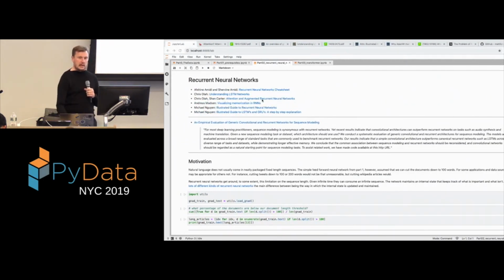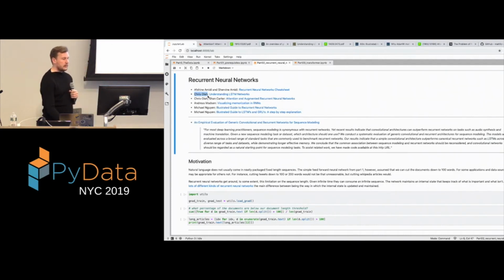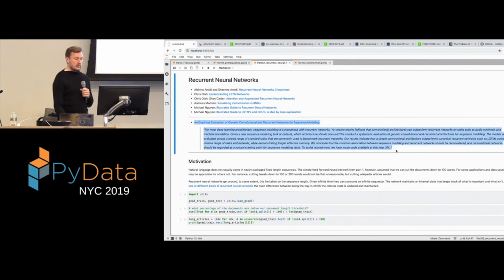There's a whole bunch of details on LSTMs. If you really want to know the exact details of how LSTMs work, I recommend the blog post by Chris Olah. It is very approachable, but also very detailed. And there's a whole bunch of extensions. One thing that I should say, so this bit here specifically,